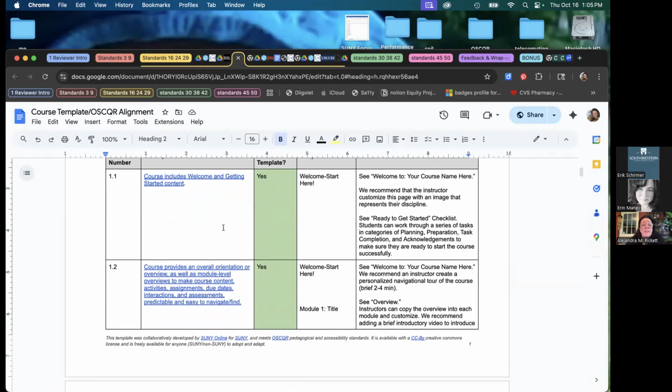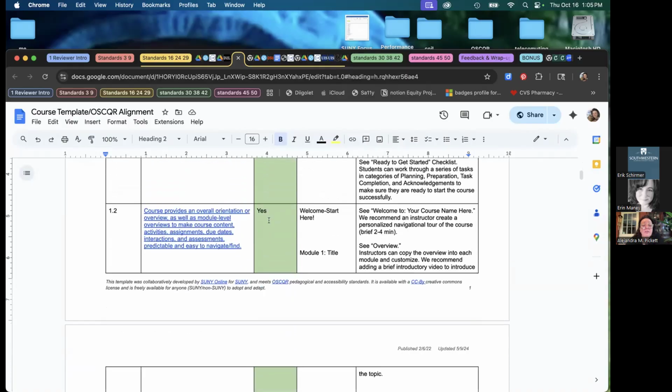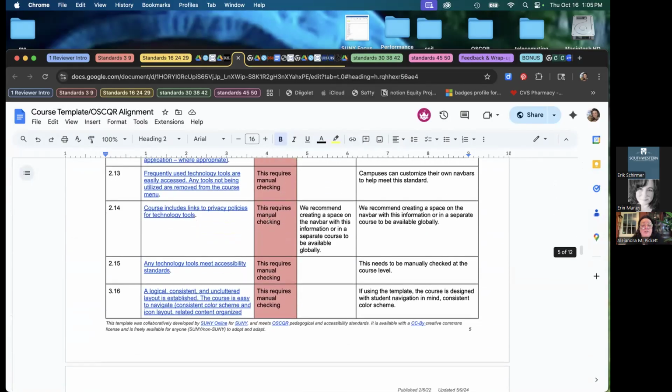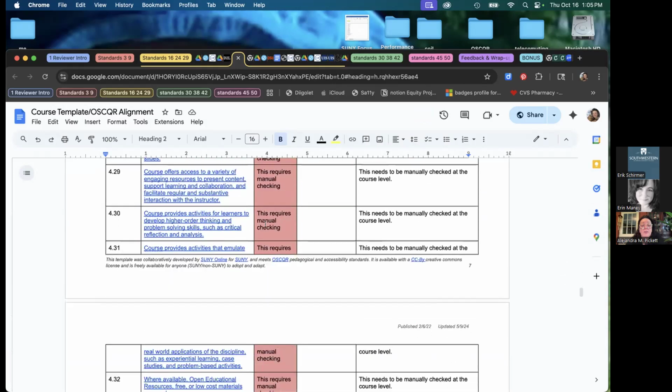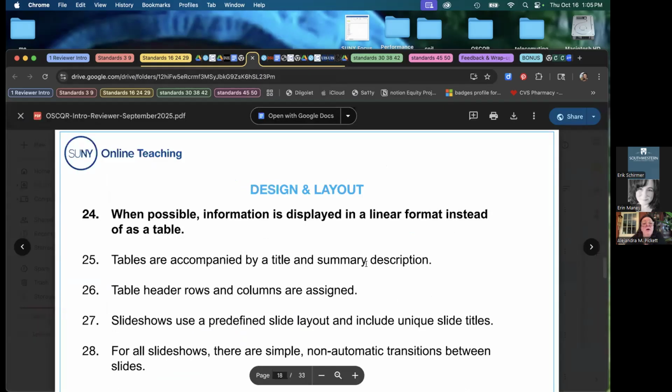So every element that is in that template is aligned with OSCQR, and this is some detailed information that we documented related to each of the elements that are in that particular template. All right, let's go on to